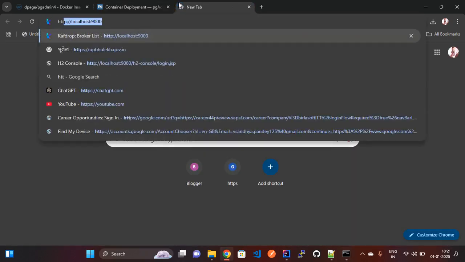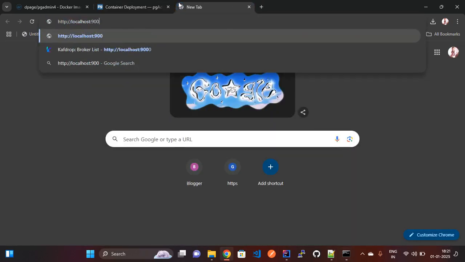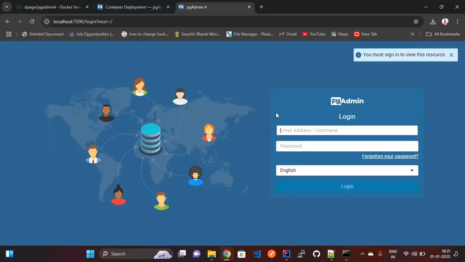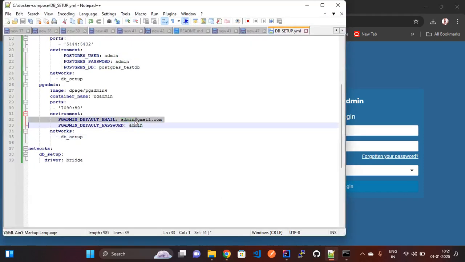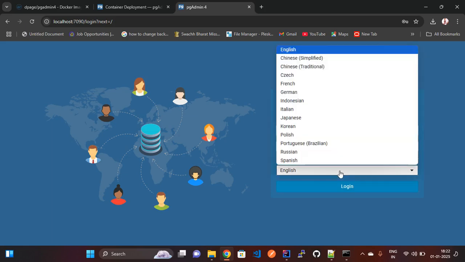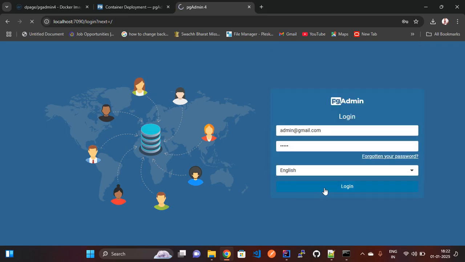Localhost 7090. Oh, it's up. So in the YAML file, I have defined the default username and password as admin@gmail.com and password as admin. So I'm going to enter the username as admin@gmail.com and the password as admin. Here you can choose your language. Going to click